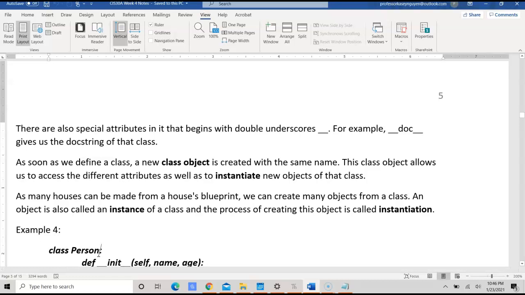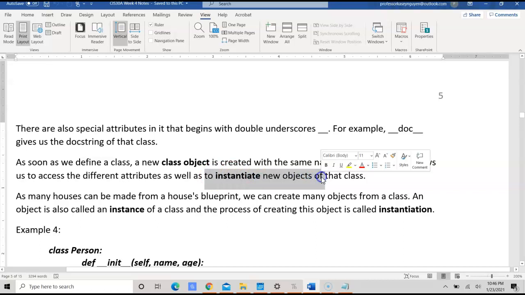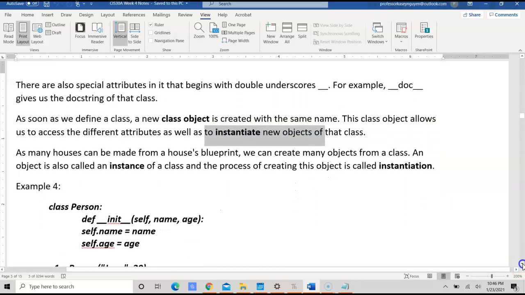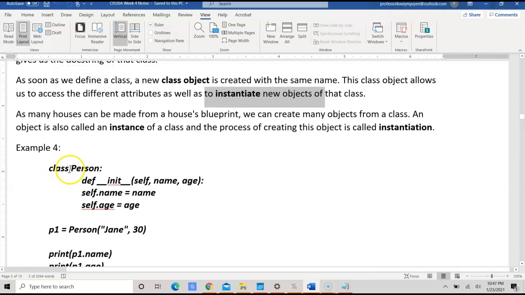And that class object would then allow you to access the attributes instantiated in that class. In this class person, and this is the constructor, I would then be able to use the